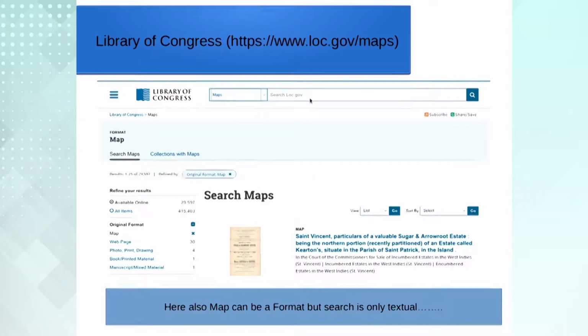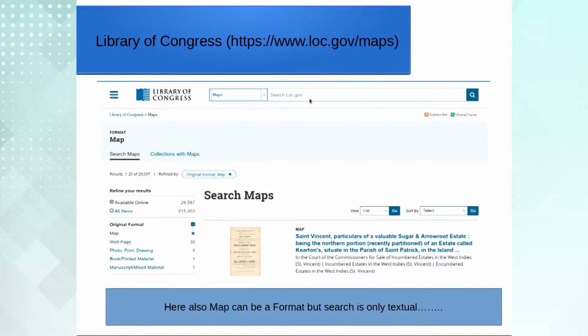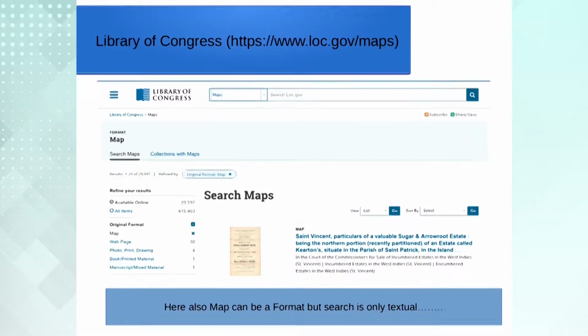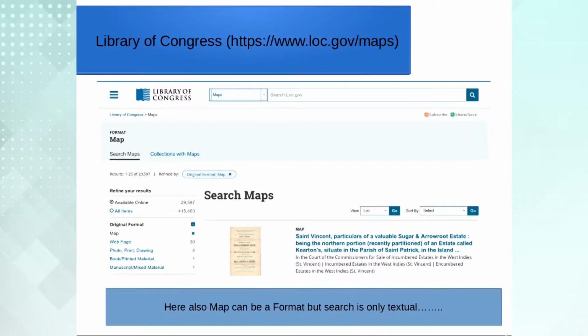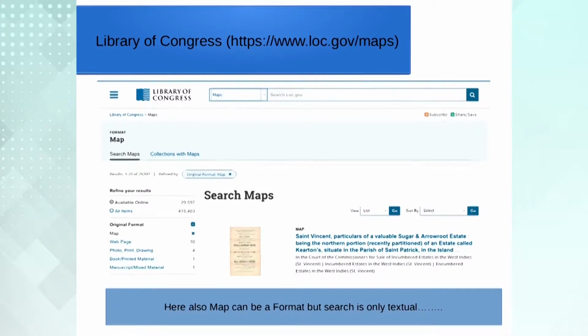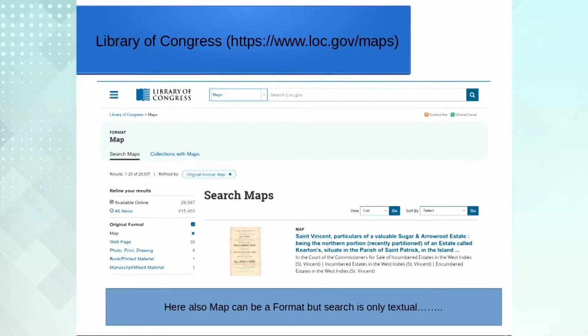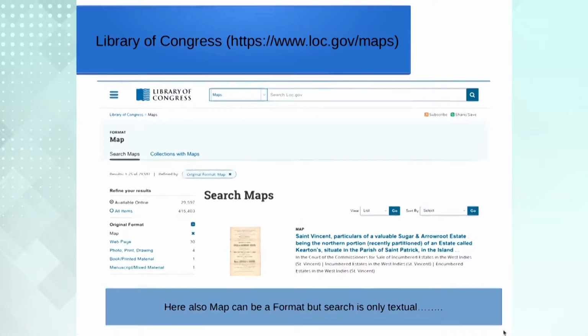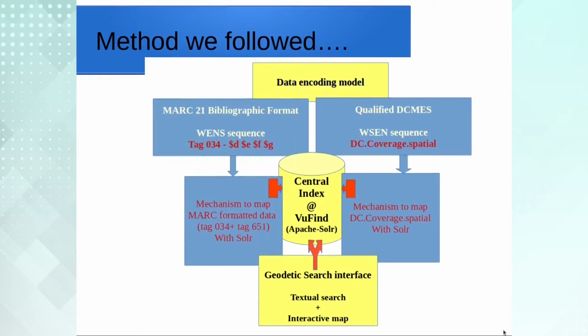So, most of these digital library systems or library catalogs of the world provide support for utilizing map as a format at the time of searching, but no visual support, no visualization, no interactive maps are available inside the search interface. Search is typically textual and it can be very complex, as you know.